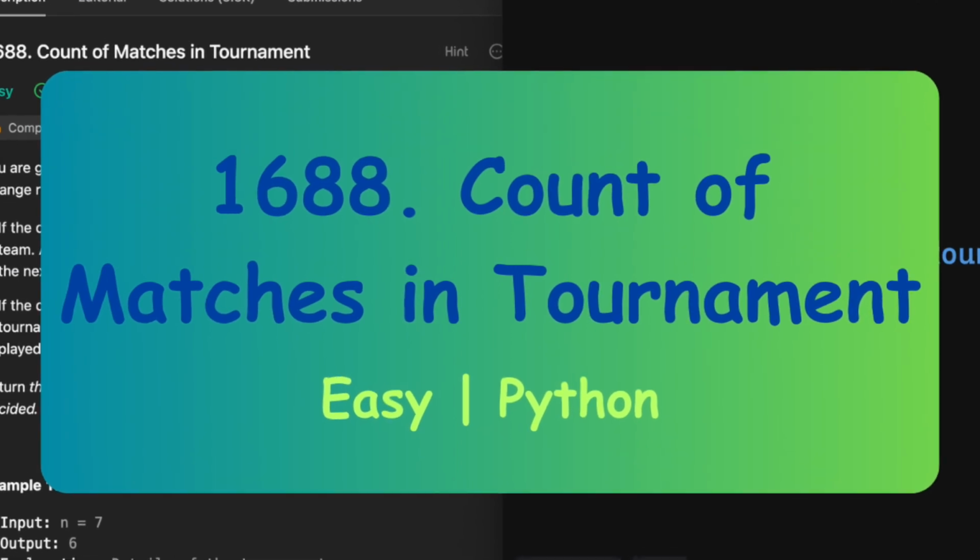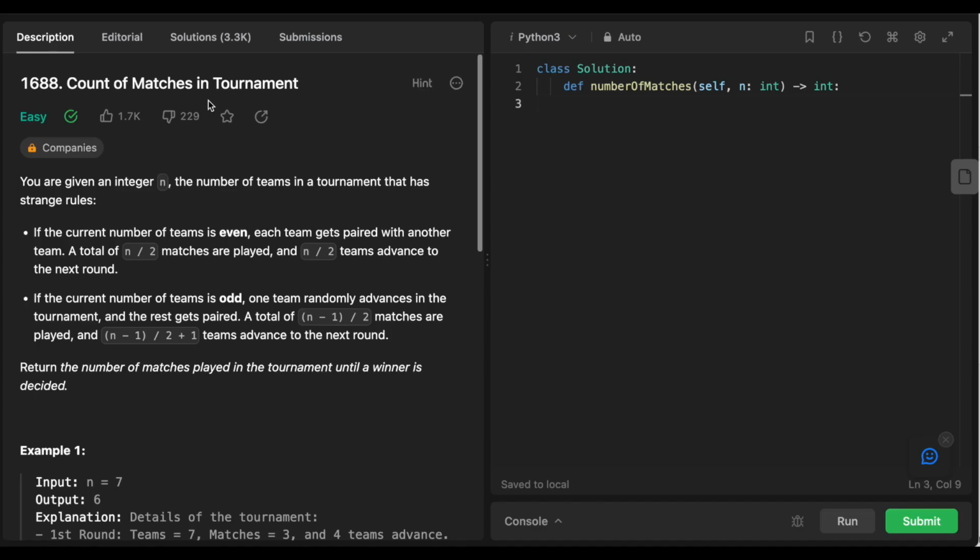Welcome back. Today we have 1688, Count of Matches in Tournament. It says here you are given an integer n, which is the number of teams in a tournament that has strange rules. The rules are, if the current number of teams is even, each team gets paired with another team. A total of the count divided by 2 matches are played, and that same count of teams advance to the next round. If the current number of teams is odd, pretty much the same,